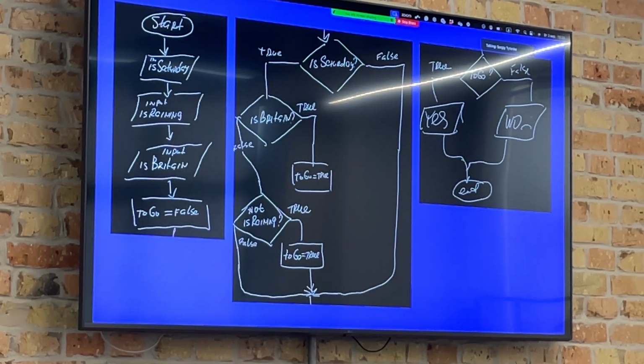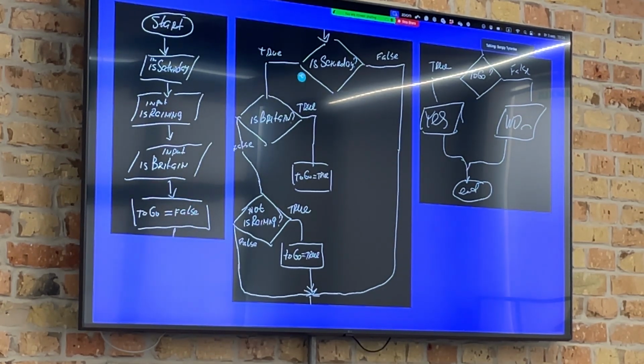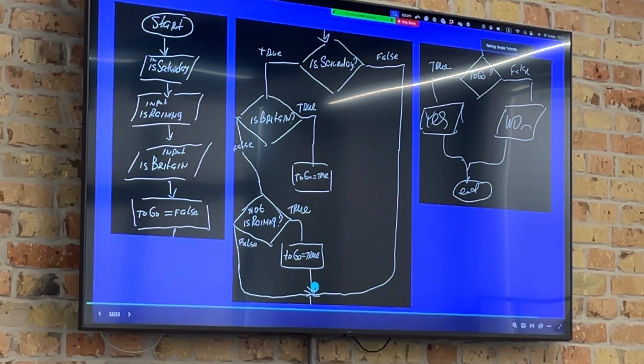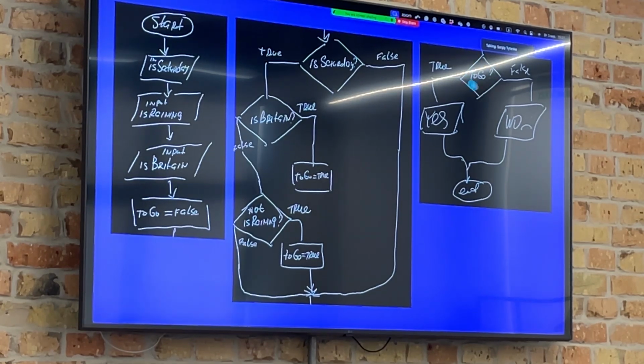We create a new Boolean variable with name to go and assign value of false to this variable. Next, we have first condition. If is Saturday, for example, false, then I run out from my if statement. I check to go. My to go at this moment will be false, and we do not go to picnic.